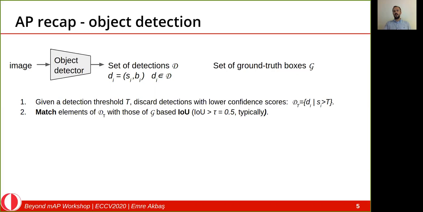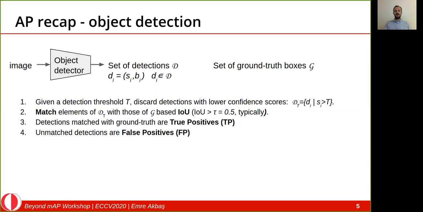And here typically intersection over union greater than 0.5 is used. After the matches are identified, now we can categorize the detections and ground truths as true positives, false positives, and false negatives. Detections matched with ground truth are true positives, unmatched detections are false positives, and unmatched ground truth are